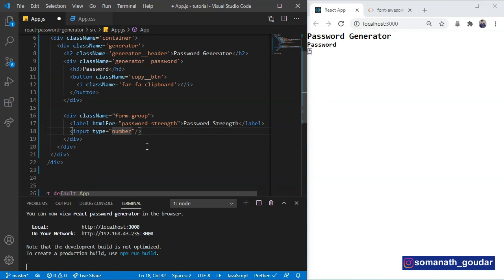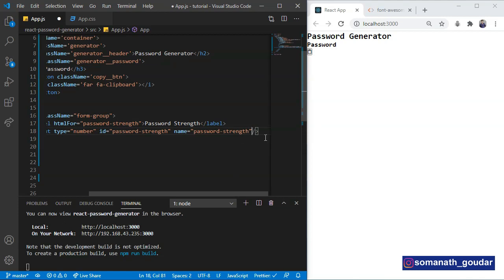It is going to define the password strength. It is going to have an ID of password strength. Let's also give it a name of password strength.